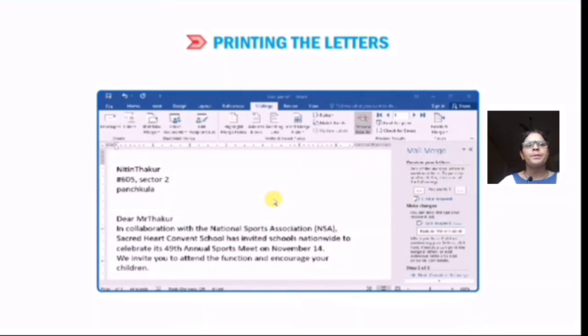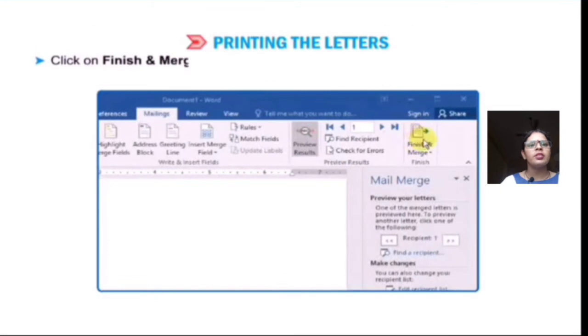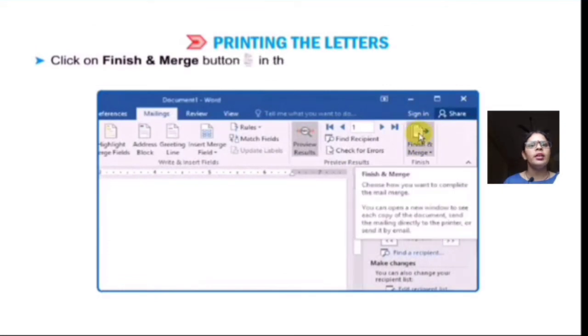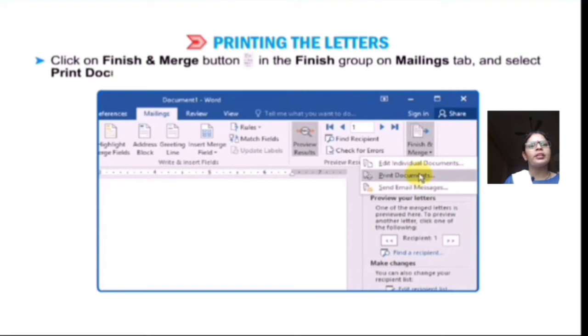In order to print the letters, follow the given steps. Click the finish and merge button in the finish group on the mailing tab and select the print documents option from the drop down menu.